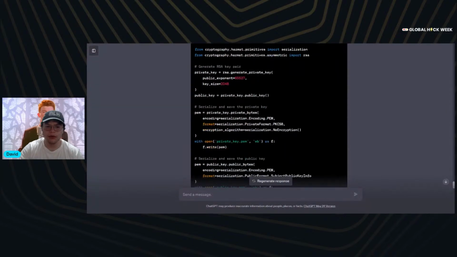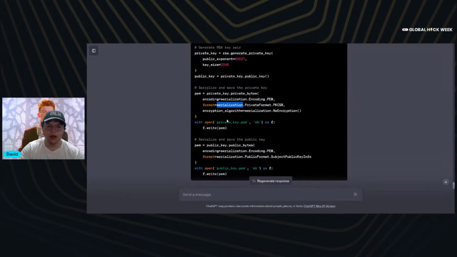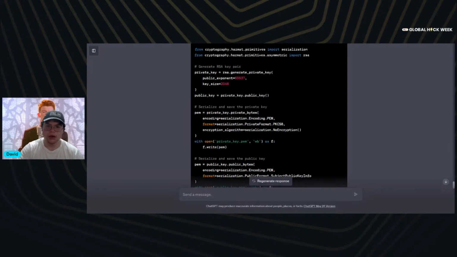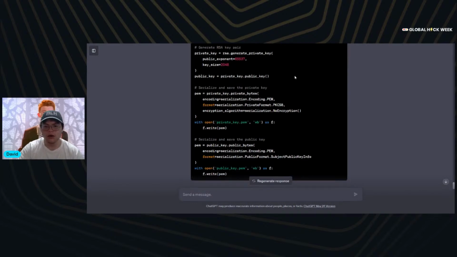So where are we? Yeah, so we first serialize and save the private key. So we use the private bytes method of our private key object, and then we use the PEM format that we were talking about. So we first encode it, and then encoding is going to be the serialization of the PEM format. We use the encoding PEM format variable of our serialization variable. So where is that? Oh yeah, so serialization basically is just a function or an object that we're going to import. So we're also going to specify the format. The format is going to be the serialization private format that